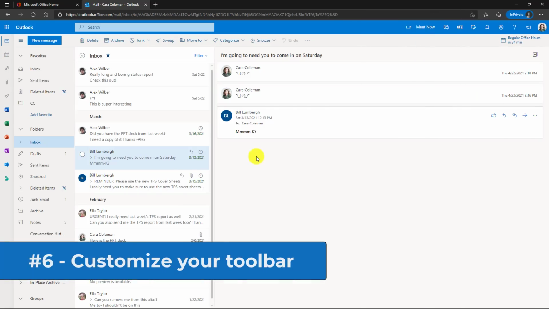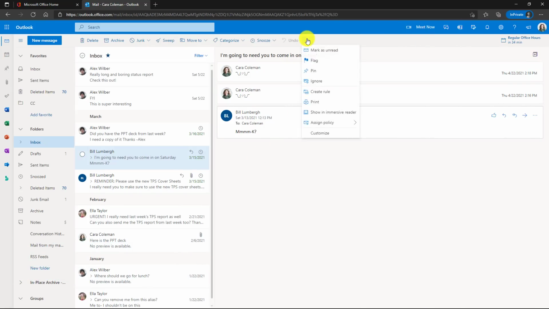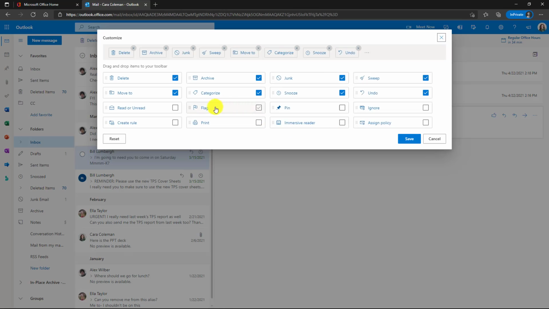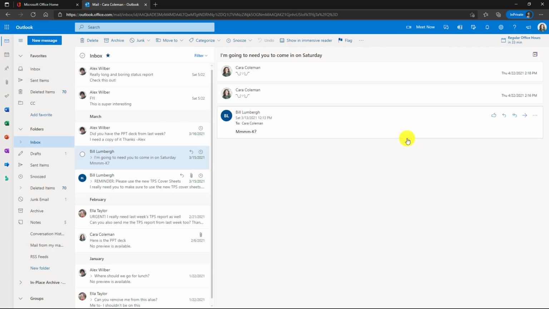The sixth new feature is customizing your Outlook toolbar. So if I go right here and hit the three-dot menu, there's a new choice called Customize. Let's click that. Now I can add all sorts of useful buttons to my toolbar, or I can remove some. Let's say that I don't use the sweep feature, I'll get rid of that. I do like the immersive reader, might use that a lot, and we will add the flag feature as well and click Save. Now you can see Immersive Reader is there, the flag button is there. So this is a really easy way to customize your toolbar and add your favorite features up there.